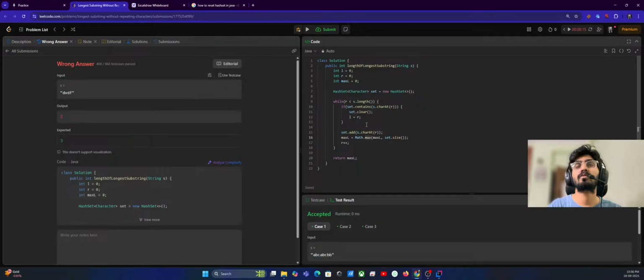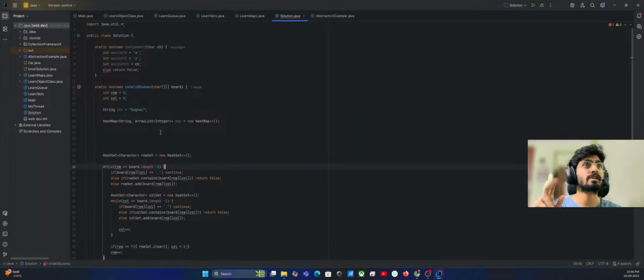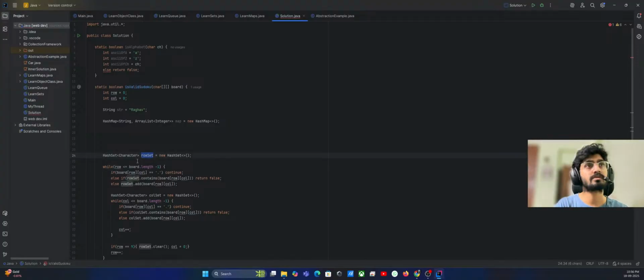So what we need to do is we don't need to do this one. We need to just do this, and instead of set dot clear, we need to remove that element from that place, right? So for just removing one element out of the hash set, what we can do,